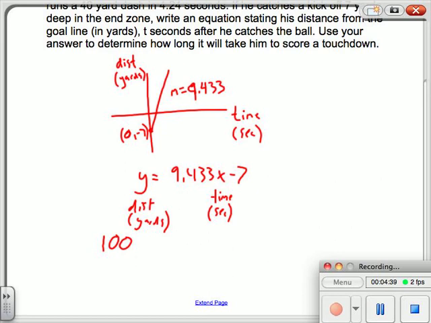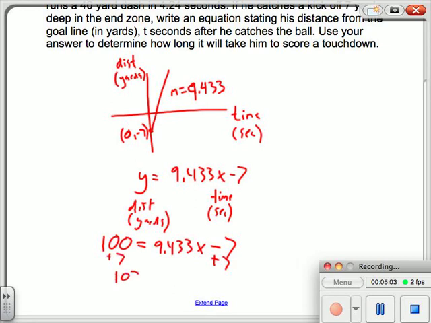So our distance is 100, so 100 equals 9.433x. And again, x is our time in seconds, which we are searching for, minus 7. So I think we all know our first step here should be to add 7 to both sides, which gives us